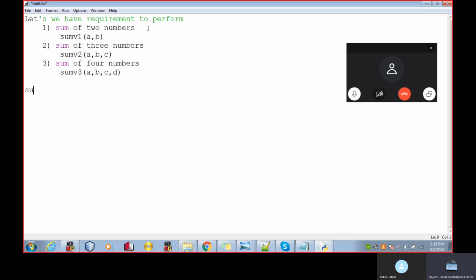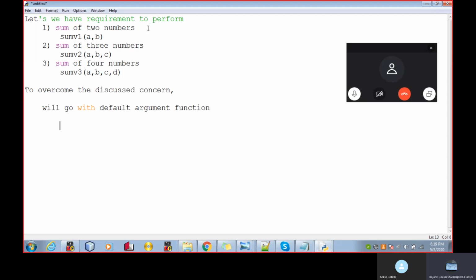Now to overcome the discussed concern, we'll go with the default argument function.